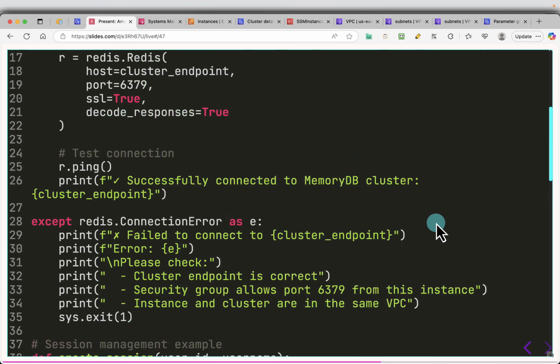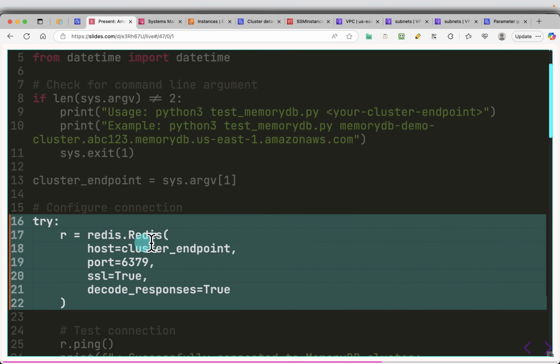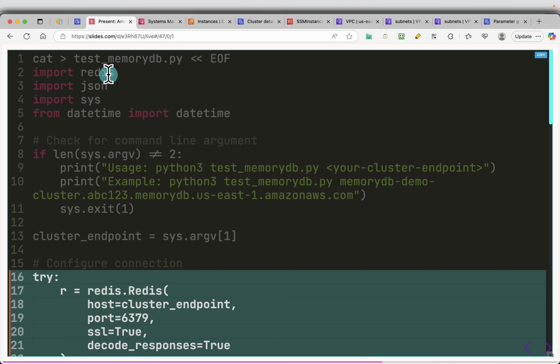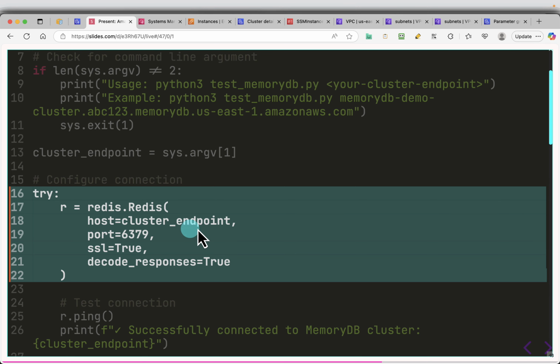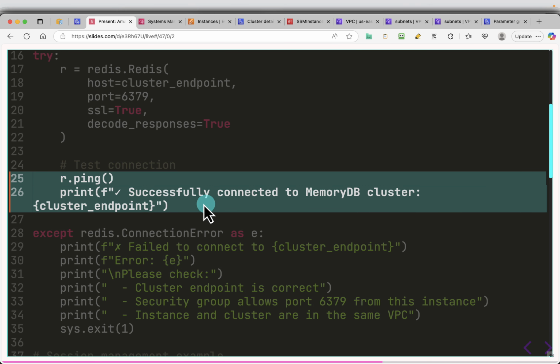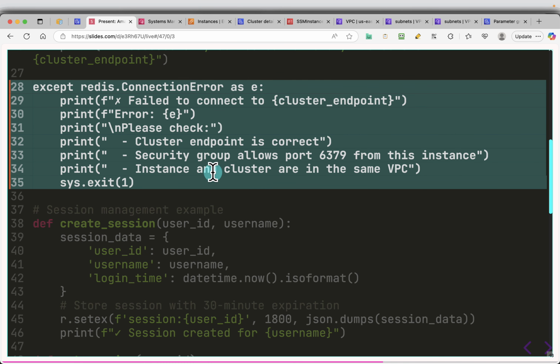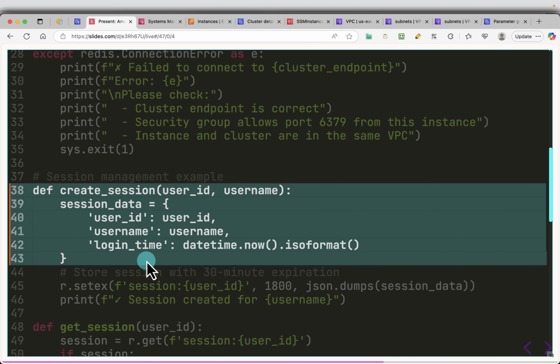Okay, next we'll create this program. Let me just run you through. We'll invoke this by using python3 and the name of the file. This is the name of the file, test_memorydb.py, and we'll provide the cluster endpoint. Next, we'll configure the Redis client. We are using this redis library, right? So redis.Redis, and this is how we create a connection object to the Redis MemoryDB. Next, we'll do a ping test whether we can connect to the MemoryDB cluster or not, and this is some exception handling. Then this method will be called by our main program, which will be down below, and this will create a